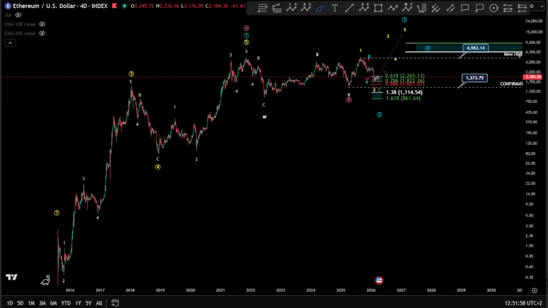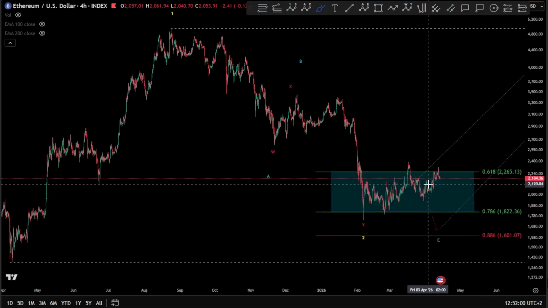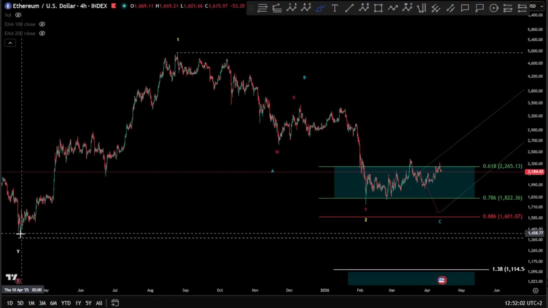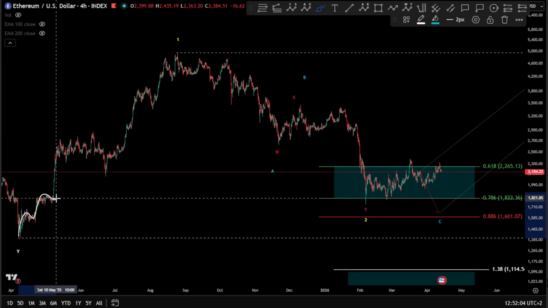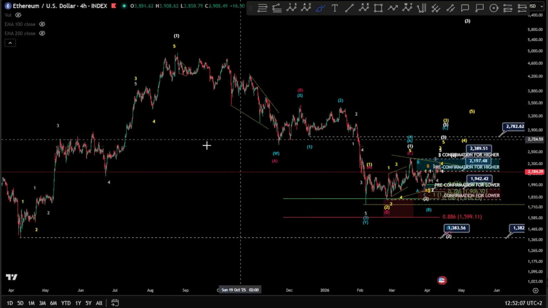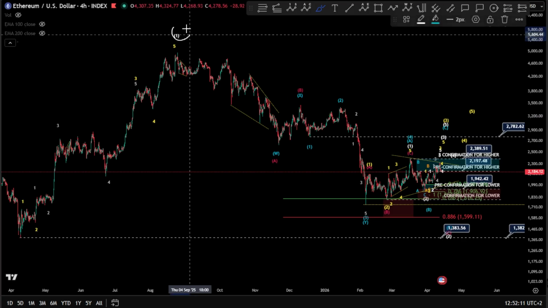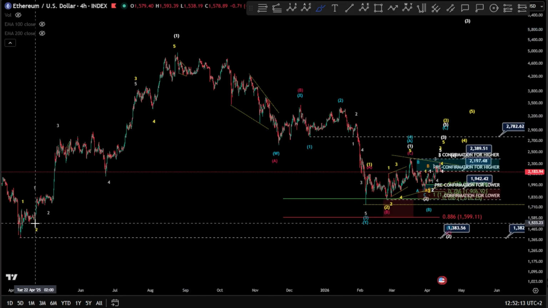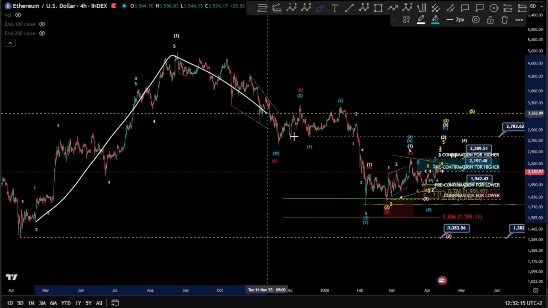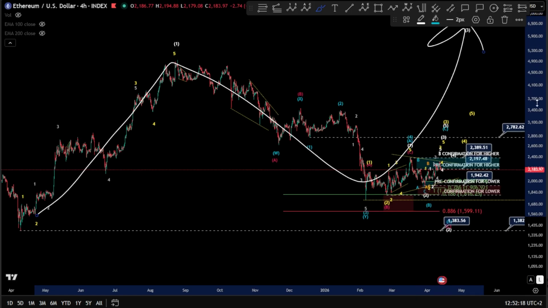Now, if we dive inside it on the 4-hour chart, we can see that this area after the wave 1 here might be a double 1, 2, and then followed by a wave 3 here, and then a 4 and a 5. Finished wave 1 as an impulse, a potential wave 1, of course, for a potential impulse as a wave 3